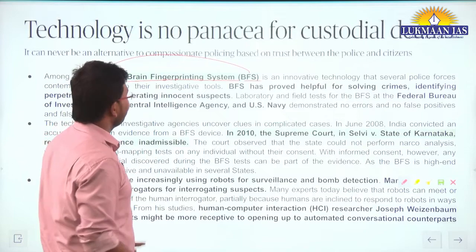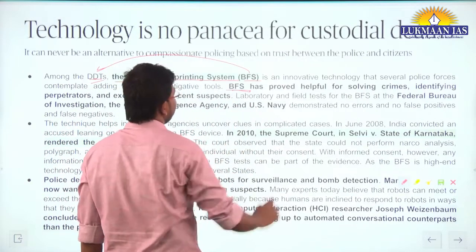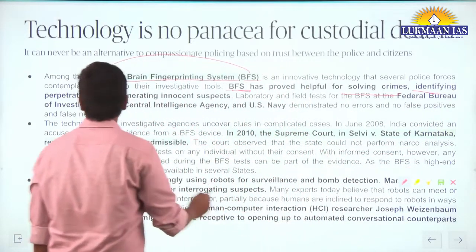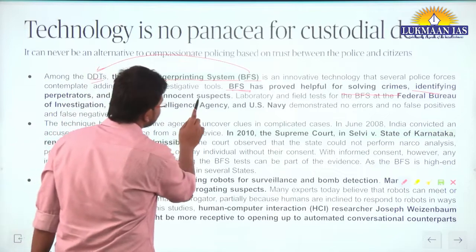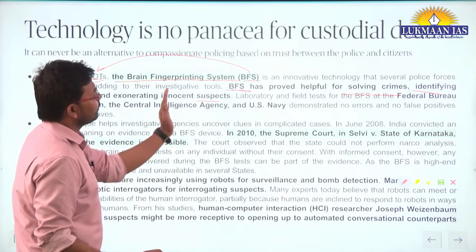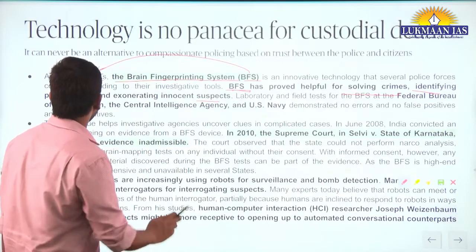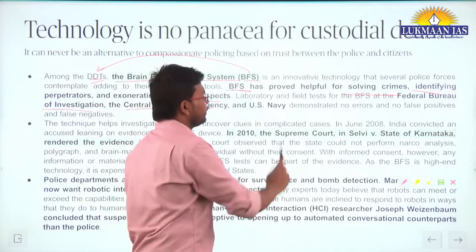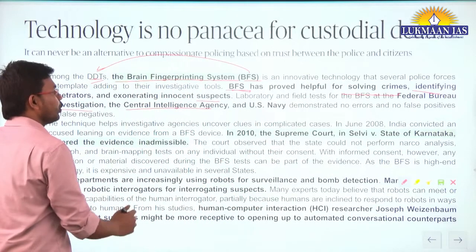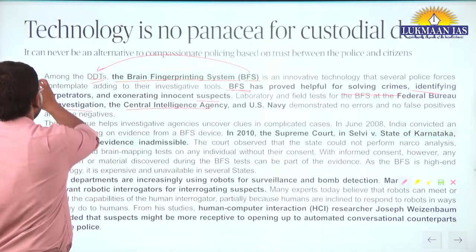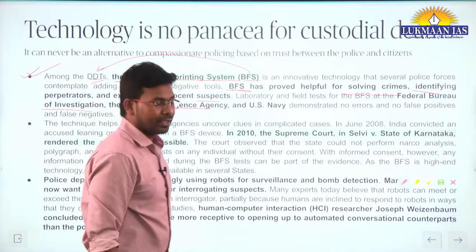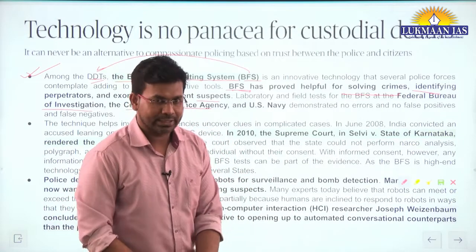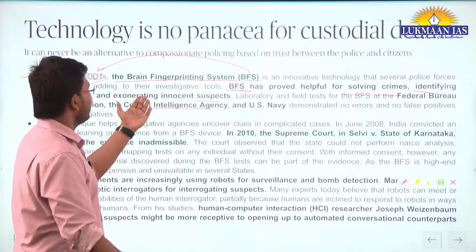Now if we talk about the brain fingerprinting system, BFS, it has proved helpful for solving crimes, identifying perpetrators, and exonerating innocent suspects. Laboratory and field tests for the BFS at the Federal Bureau of Investigation, the FBI, the Central Intelligence Agency, and the US Navy demonstrated no errors and no false positives or false negatives. So the brain fingerprinting system is one of the highly successful technologies being used by different agencies, such as the Federal Bureau of